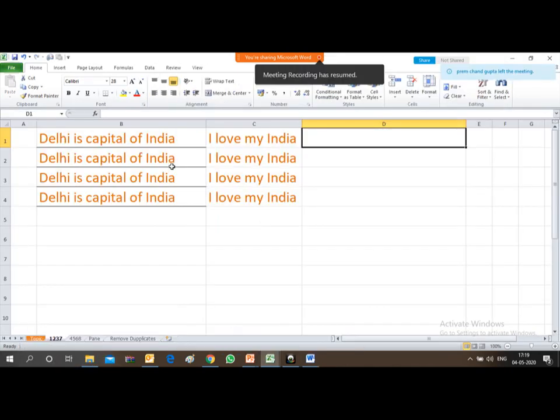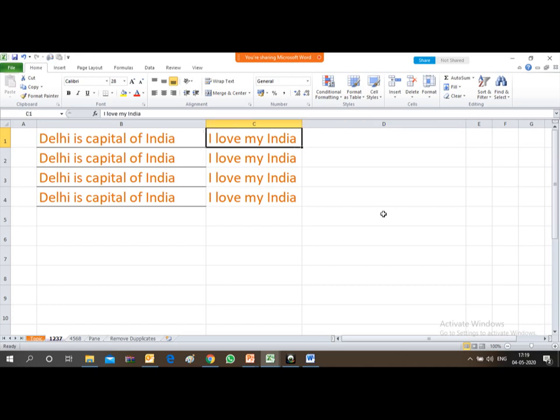But in case of Excel it is not like that. In Excel, these commands are not readily available on the home page or anywhere. So here we have to use one formula. Friends, you can note down these formulas. Suppose the sentence is I love my India. If I want to convert this into uppercase, what you have to type here is equal to, type UPPER.